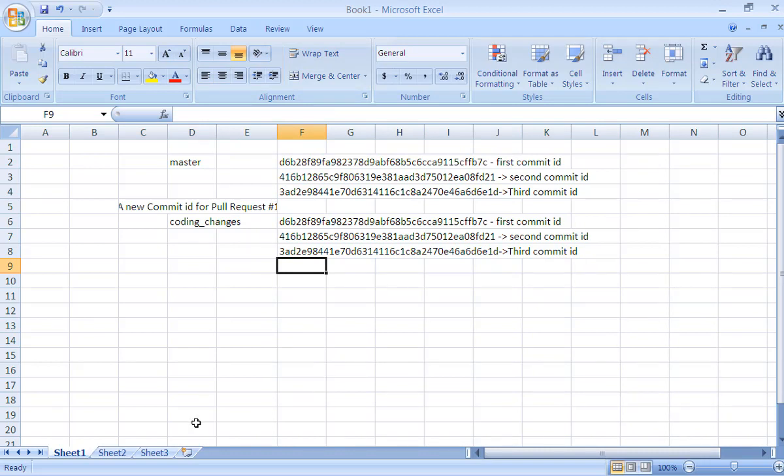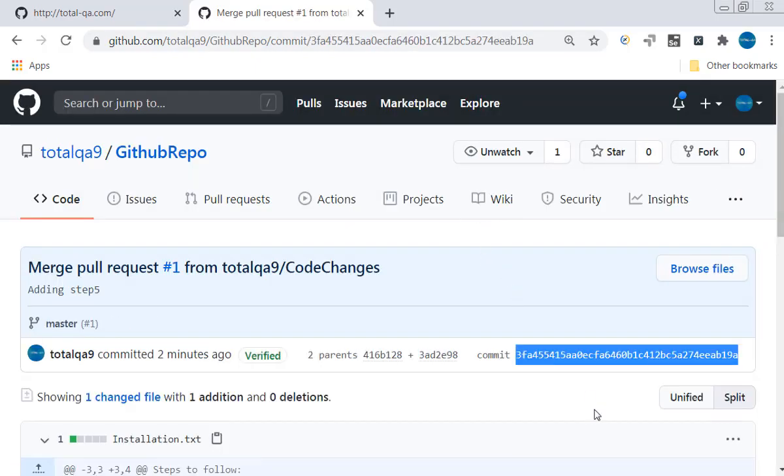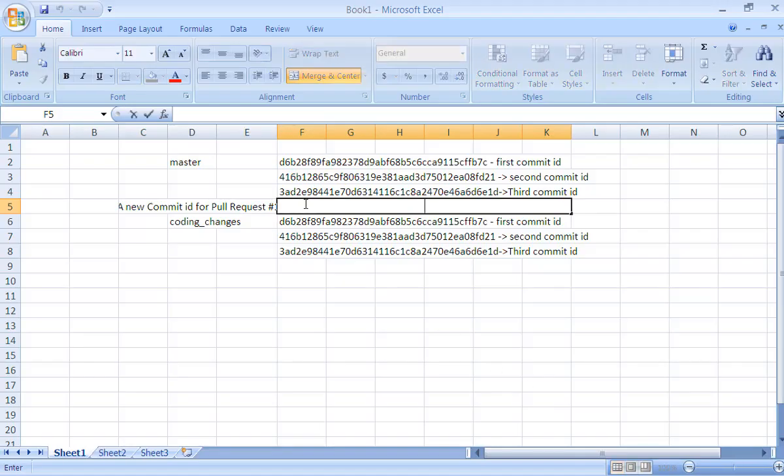So not only this one will be there, and there is also a new commit ID getting generated, which is coming via pull request.